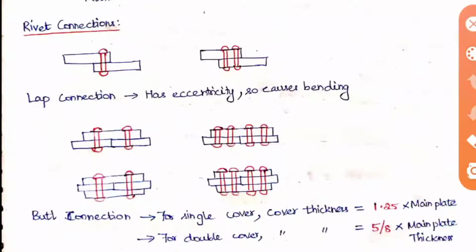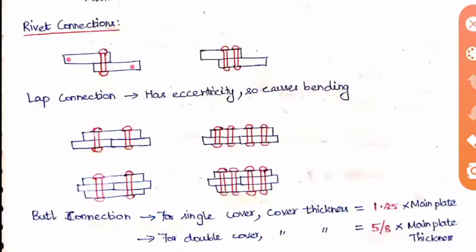So now we are going to see some rivet connections. There are two connections, a lap connection and a butt connection. First let us see the lap connection. These are two plates. Here one plate is there, here one plate is there, and we have connected them centrally by rivets. This is lap because one laps over the other, connected by one rivet. This method is called a single riveted lap connection. In the second method, it is placed in the same position but two rivets are used, so it is called a double riveted lap connection.